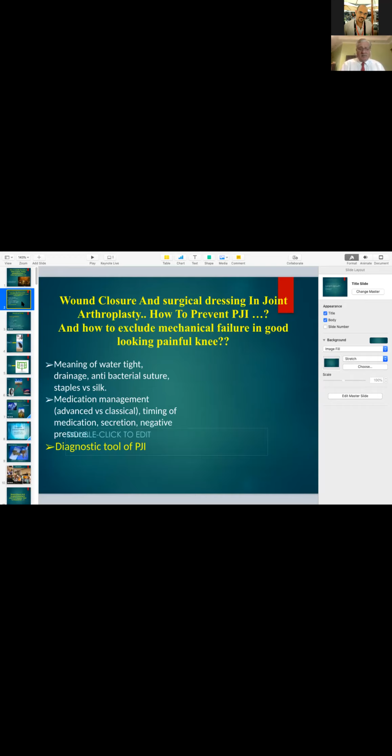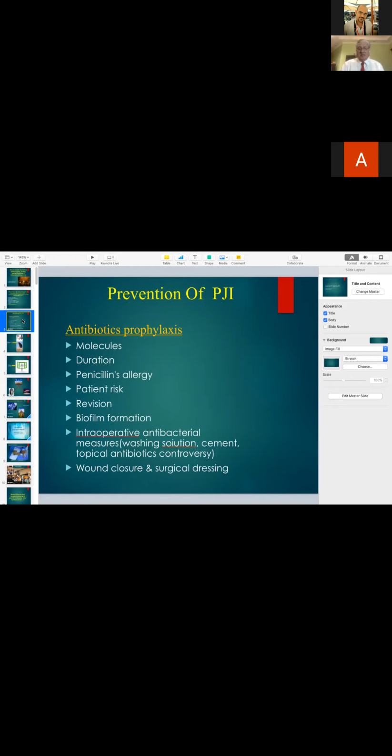In our series, we talked about wound closure and surgical dressing, and a lot about antibiotics, which is a very important subject. We talked about the molecule and duration of the antibiotic to be given, when there is allergy, and in case of primary or revision. And we talked about how biofilm forms in the early phase of the infection, and how we deal with the bacteria which cause